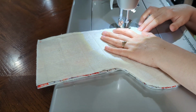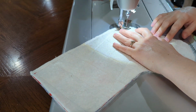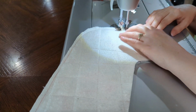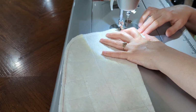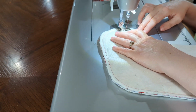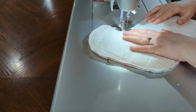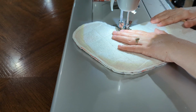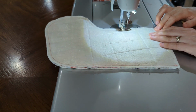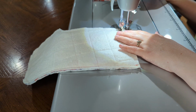Now I'm slowing down because I'm coming to this curve. See, I told you I'd get better. Once again, not perfect, but it's okay. Now I sewed way down for that inside curve, and I suggest you do too. And come up to the end. Back tack, cut your threads,